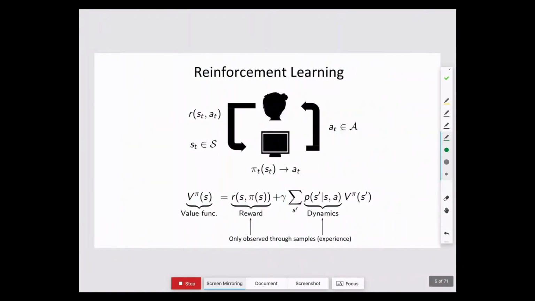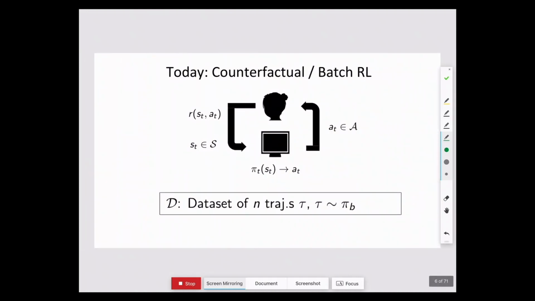If we think about how this relates to the general framework of reinforcement learning, just as a recap, we have our value function equal to our immediate reward plus our expected discounted sum of future rewards, where I've assumed the Markov structure here. The setting that we're going to talk about today is counterfactual or batch reinforcement learning, where we're not dealing with the exploration problem. We're given a set of data. Generally, we're going to think of those as a set of trajectories, so this is the episodic reinforcement learning case. We have a set of n trajectories, and they were generated by a particular behavior policy pi. So this is a behavior policy.